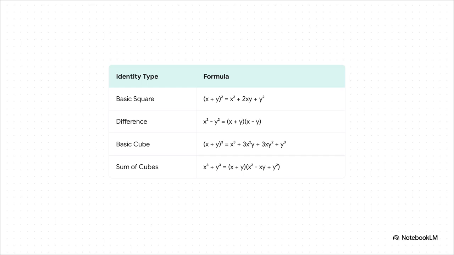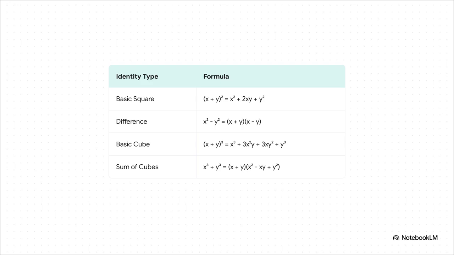And here we are, the whole shebang, the ultimate identity cheat sheet. You've got your basic squares, difference of squares, trinomials, and all your cubic formulas in one handy spot. I highly recommend taking a quick screenshot right now. To wrap things up today, remember that identities are universal patterns. They represent physical geometry, and recognizing them is your ultimate shortcut to efficient math. Knowing how to apply these to factor crazy expressions or do fast mental math is literally the key to crushing